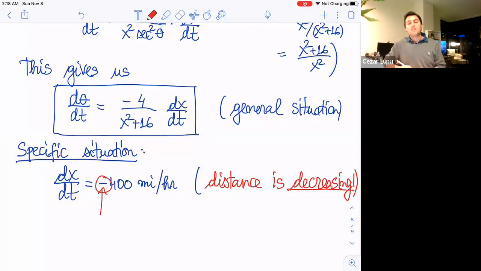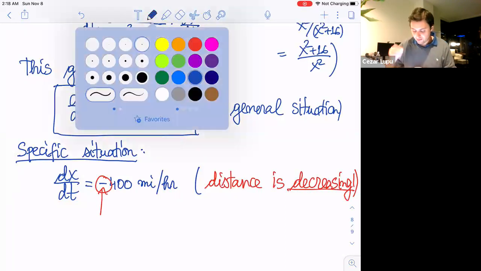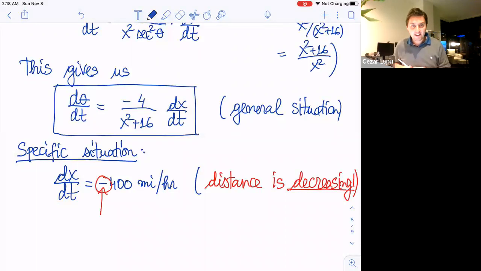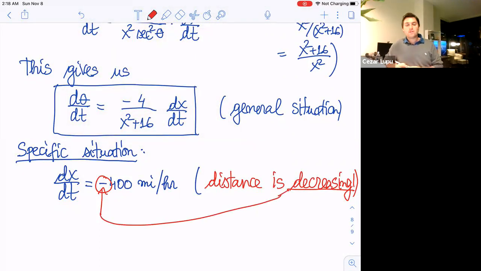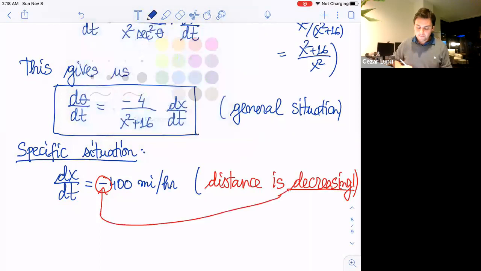Keep that in mind. If the distance was increasing, then we would have had plus 400 miles per hour. This is very important. This is very tricky. So that's why you need to pay attention to this detail. So again, when we have the negative sign, we know that the distance is decreasing. Okay, now we know dx over dt, and now what we need to find,